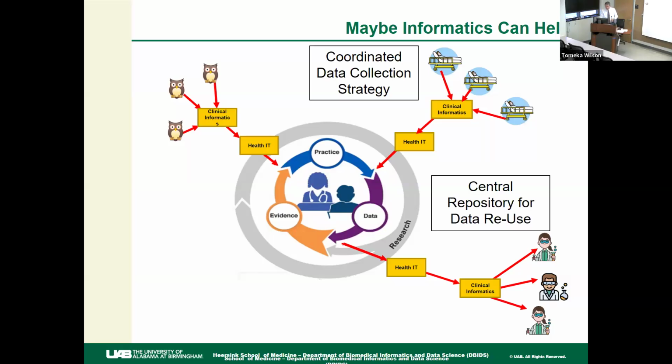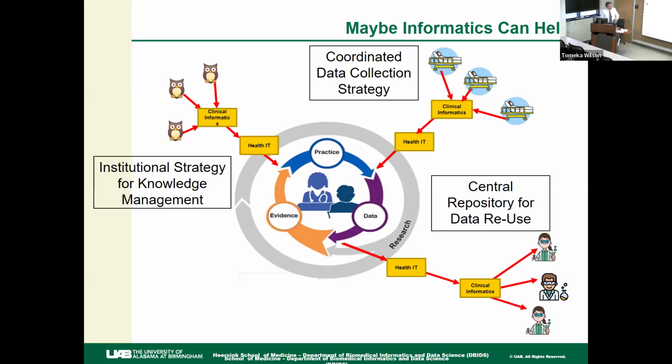Okay, so coordinated data collection, a central repository for data, there's some kind of institutional strategy. Not just, oh, we did a project, now we're going to put this in there. How are you going to do it? Oh, we're going to have a seminar and teach people. Oh, we're going to have a printed guideline that they have to read. Or we're going to publish a paper and then people will learn that from the paper. Or do continuing medical education, continuing nursing education. Yeah, that works for one thing, but it doesn't work for 100 things.